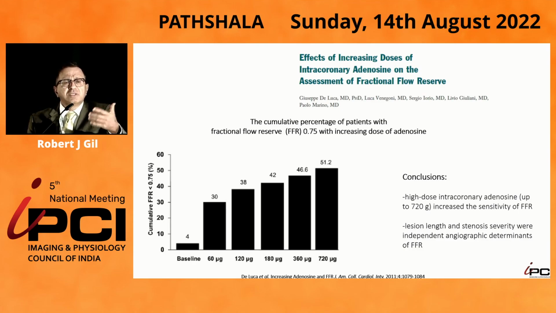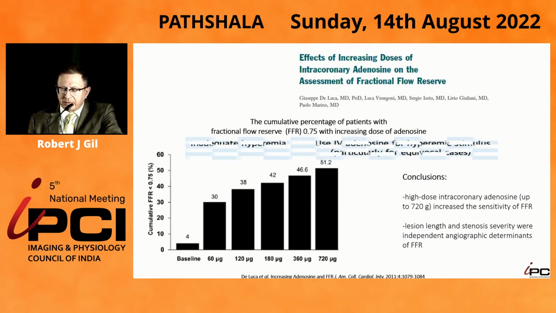You can increase the percentage of positive results when you increase the dose. So please, every single time after these basic 100 and 200 micrograms, let's say add at least 100%. So this problem I have already mentioned about intravenous and